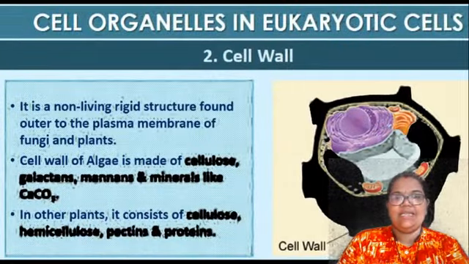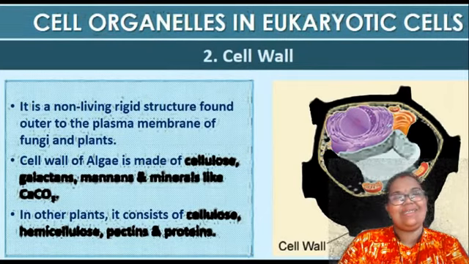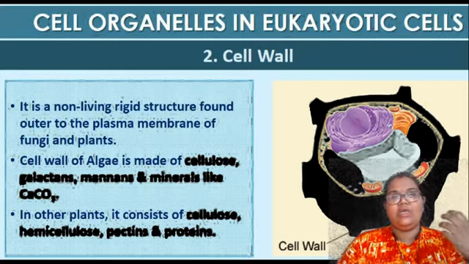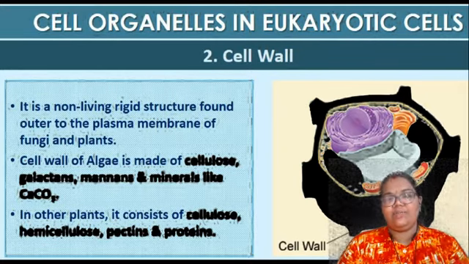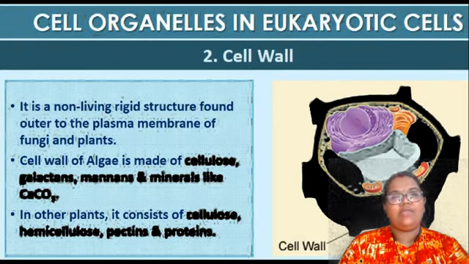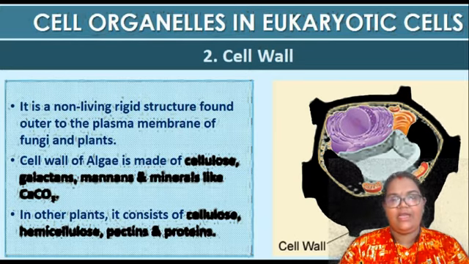Now the second structure of the eukaryotic cell is the cell wall. Here we are discussing the cell wall, which is mainly not for animals but for plants, fungi, and some other organisms. Even bacteria, prokaryotes, we have learned about. But the cell wall we are discussing here is non-living, and fully permeable in structure.